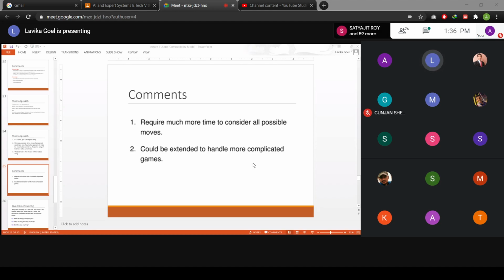But actually, since you are trying to find out all the next possible states or board positions, and from that you are trying to find out the best board position to move, it will require much more time, because here you are trying to consider all the possible next moves, and from those moves you are trying to find out the best one.